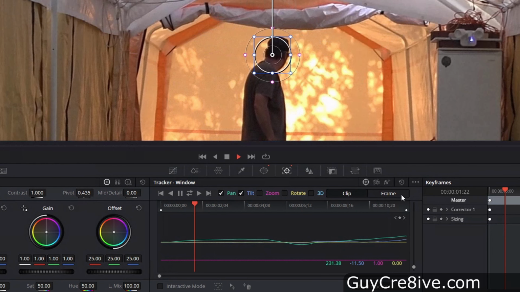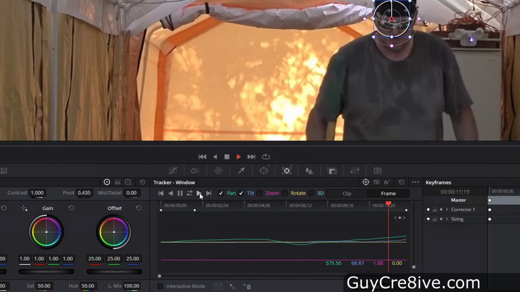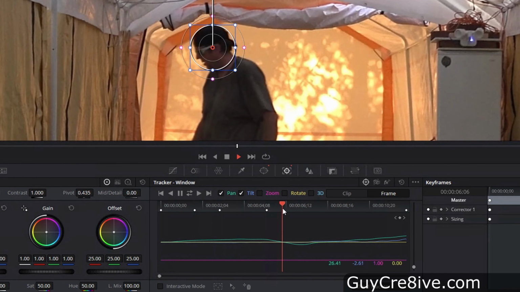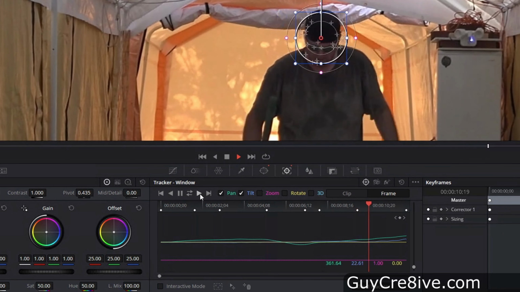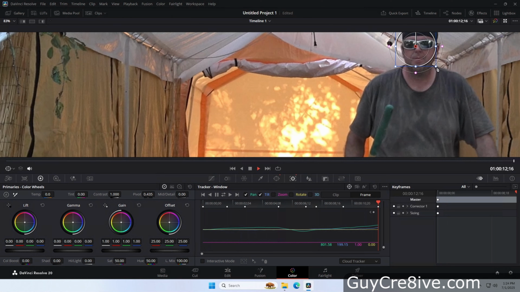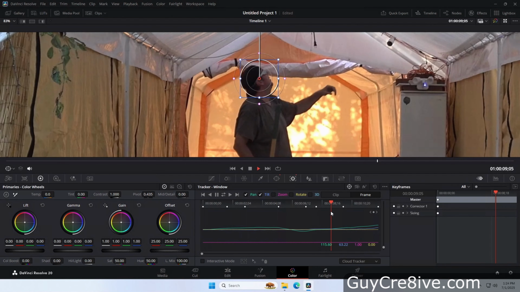So I'll go over and click on the frame button, and you can see that now when I change the window, it creates a keyframe that will morph into the adjustment I want. While in frame mode, I'll track forward again from my adjustment and then go through the timeline and keep adjusting the window so it's over my head. I can also create new tracking points after adjusting the window by clicking on track forward at the new keyframe position. And after I have all my keyframes created, I can go up and click on the blur icon and